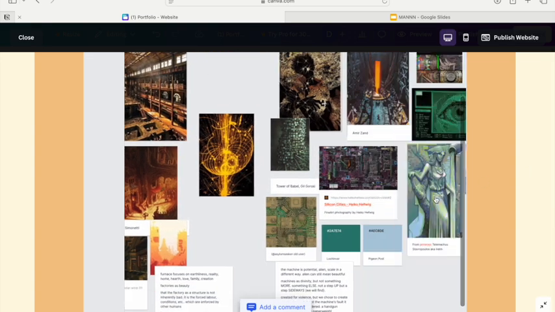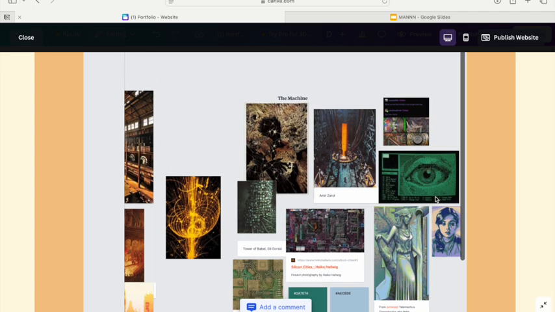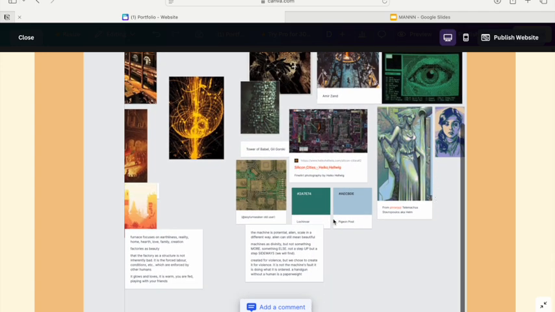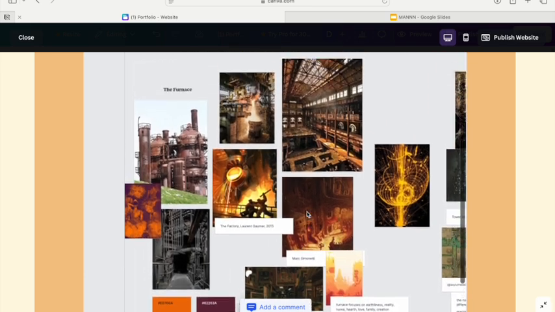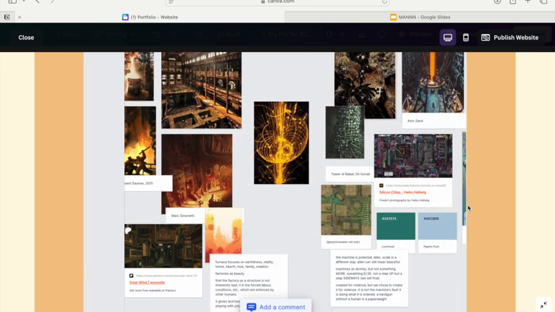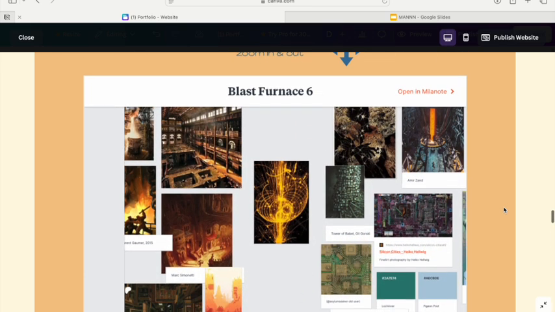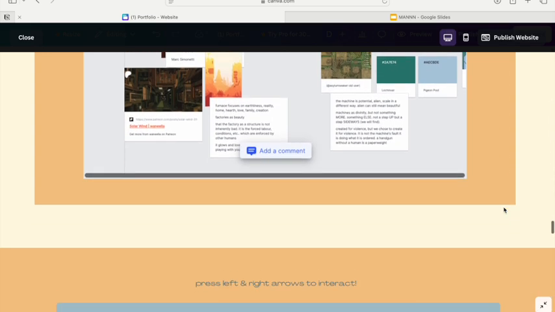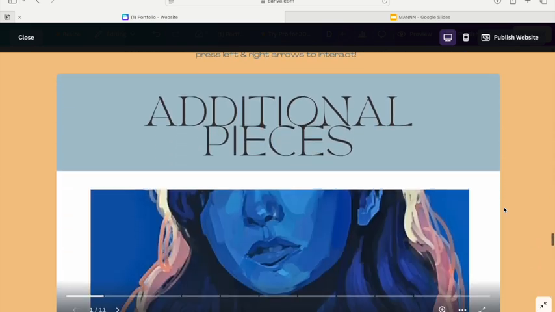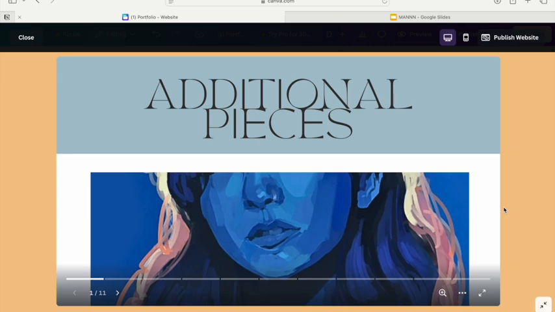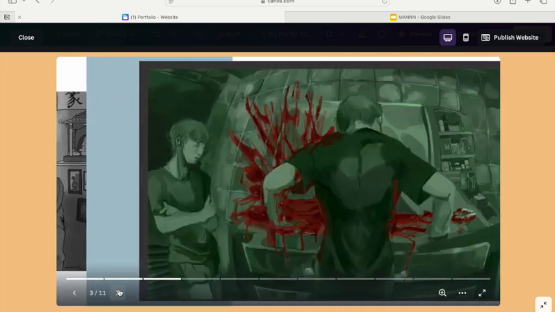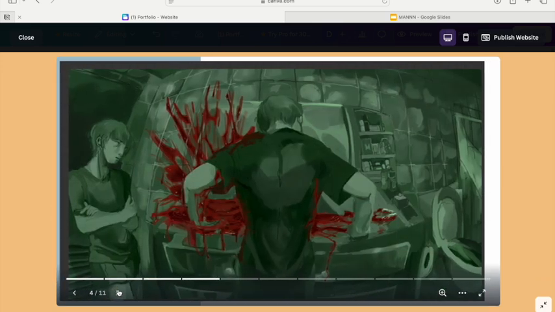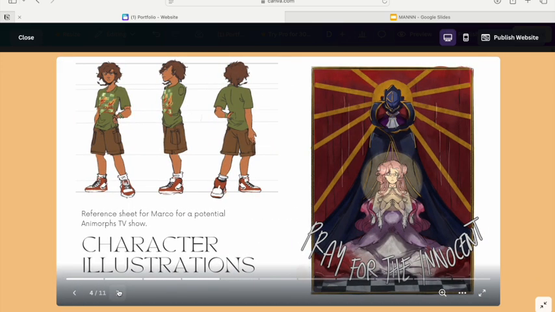We're experiencing this together. But yeah, and then I just collected a bunch of things that I thought were interesting. I think this is one of the easier ones to do by yourself because a lot of design students already have their own Pinterest boards up and running anyway. Additional pieces. Let's see whether this doxes me. I haven't checked. And yeah, I threw a bunch of things in here that I knew wouldn't fit in the portfolio, but I wanted to show off. That was kind of fun because I wanted to show my capability when it came to things.